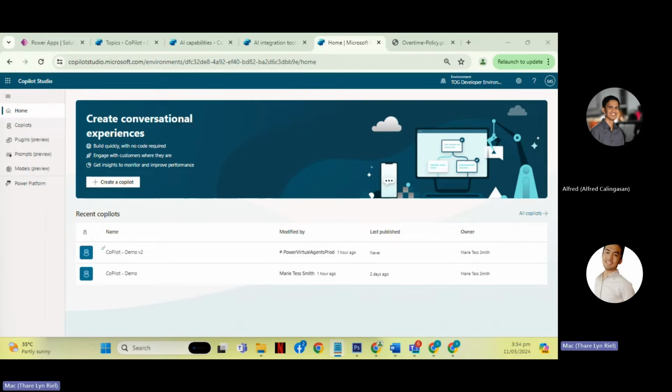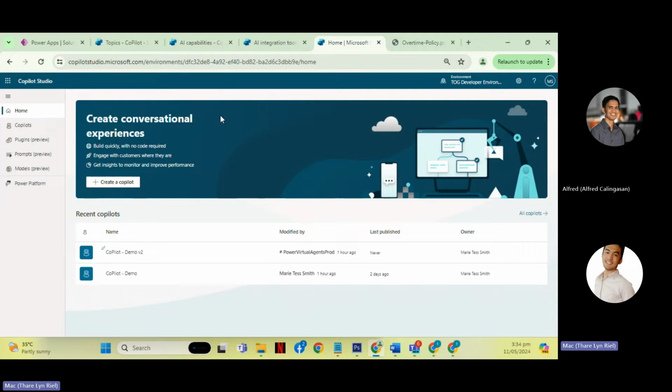Copilot Studio lies on that platform as well, so it is also low code. For that, you need at least minimal knowledge of the Power Platform in order to successfully create a Copilot.